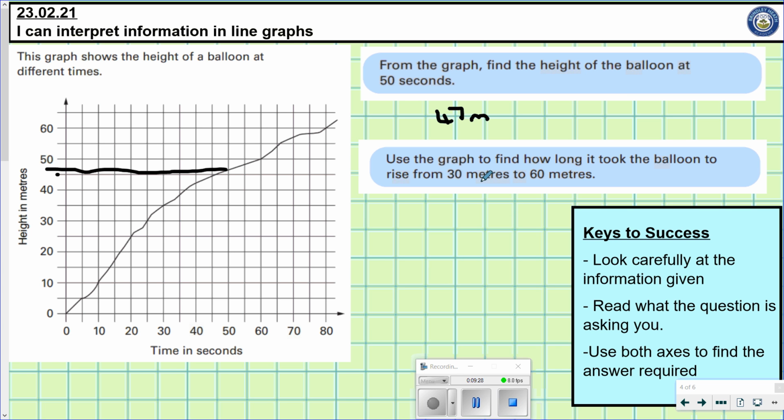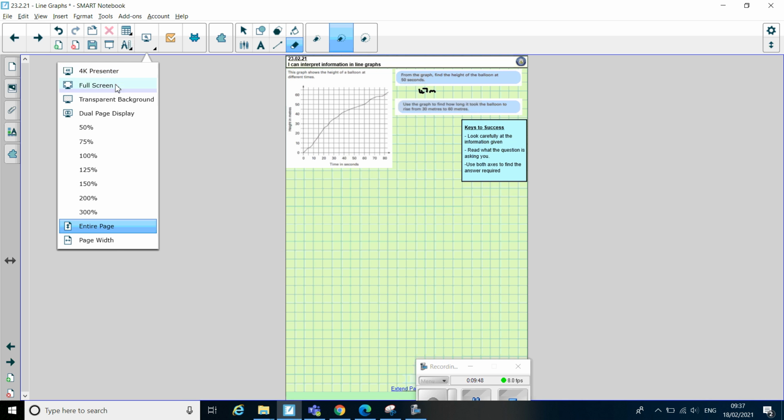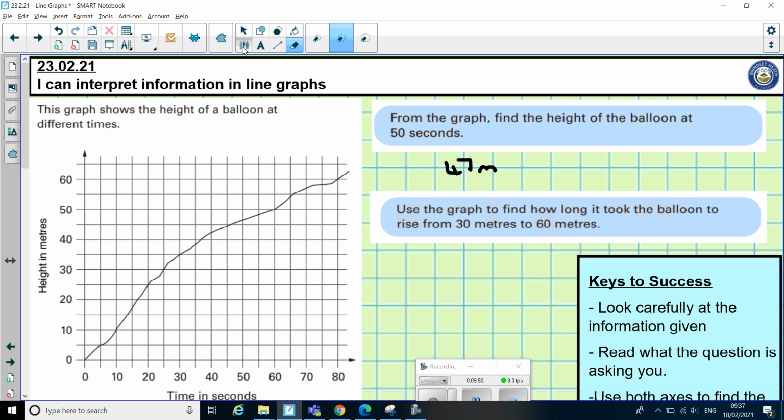Okay, the next question, use the graph to find how long it took the balloon to rise from 30 meters to 60 meters. Okay, so this time I need to read along the side, and I'm just going to rub my workings out from the previous question out, because otherwise it's going to get a bit confusing. Okay, so we're using the graph to find how long it took the balloon to rise from 30 metres to 60 metres. So 30 metres, if I read across, I go all the way across, and I read down, I can see it was at 25 seconds